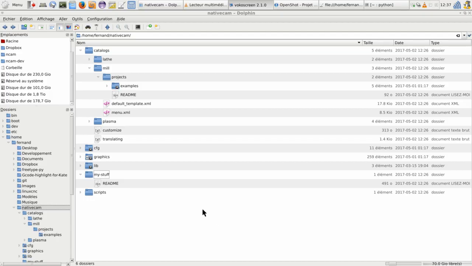Let's take a look first at the directory structure of the new version. The first thing you will note is that config, graphics, and lib are not copied anymore, but they are links to the original files. So it prevents redundancy and you do not modify those files. If you need or want to modify or add some new files like config or library, place them under my